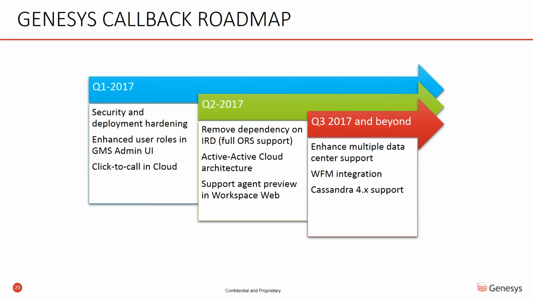The one that I'm kind of excited about, and it's not the Cassandra support, by the way, it's the WFM integration. So right now I'm able to set the number of callbacks I want to use in that virtual queue. I didn't show you a screenshot of capacity, but the idea is that it's not looking at my staffing, right? My staffing numbers, because I can artificially put in numbers that don't match what I might need and what is expected in future days. So the idea is to have Callback integrate with the WFM systems